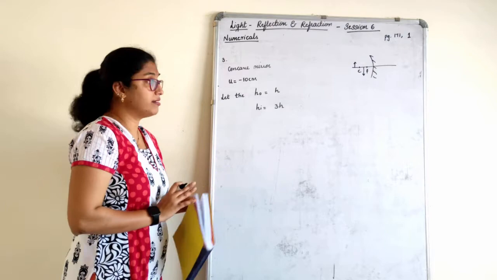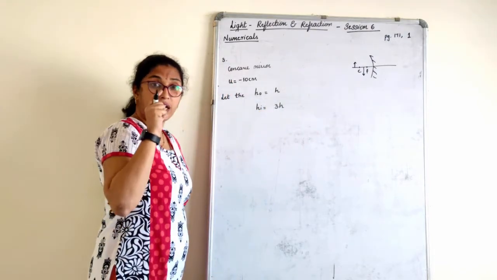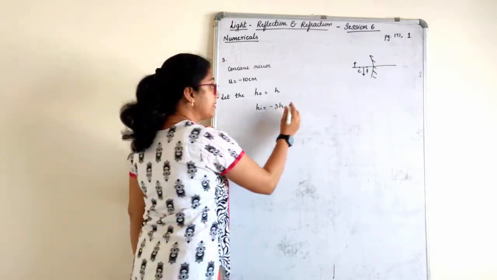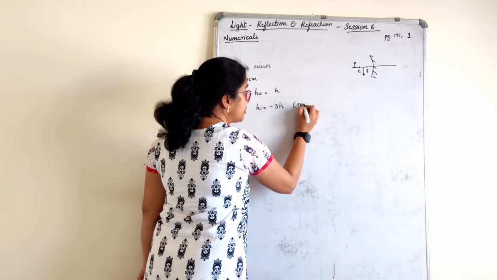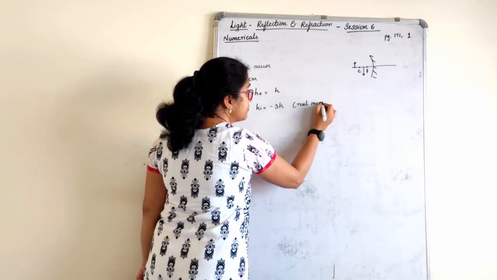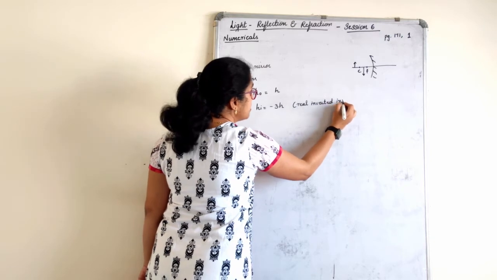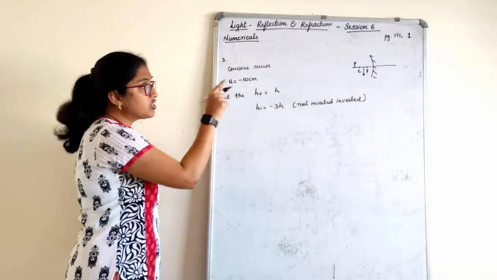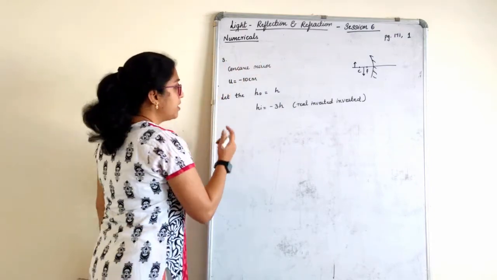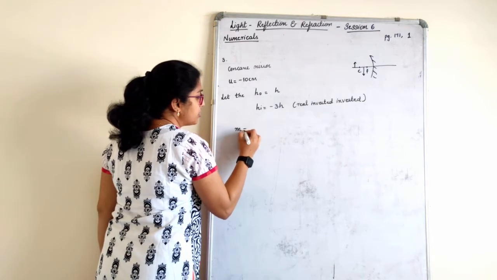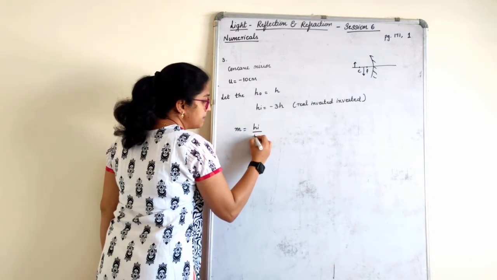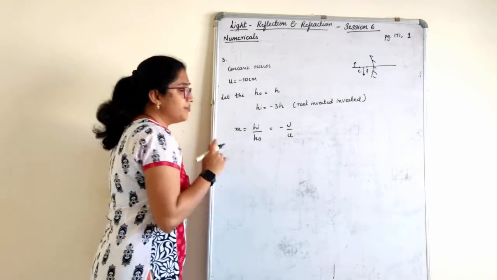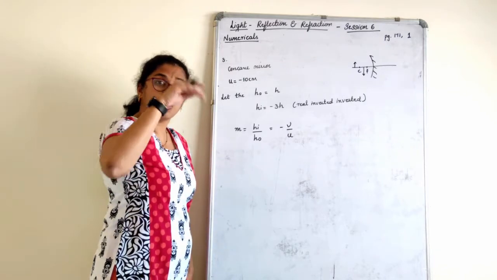Height of the image, children. Just see here, where is the image formed? It is formed below the principal axis. Negative. Why negative? Since it is formed below. Another word you can write is real, inverted. See, the thing is, they will not mention the sign to you anywhere, but you should know the sign convention. That is why I told you, have a rough figure there. Then write the formula. Magnification is equal to height of the image divided by height of the object, which is nothing but minus v by u. Your v and u should look like v and u. Your v and u should not look both as v.